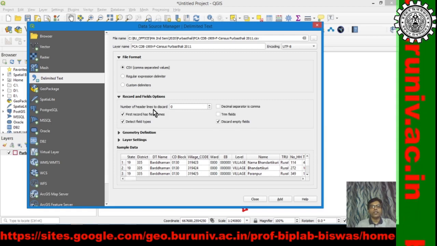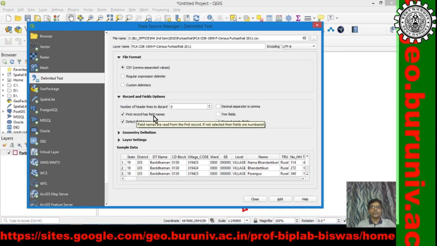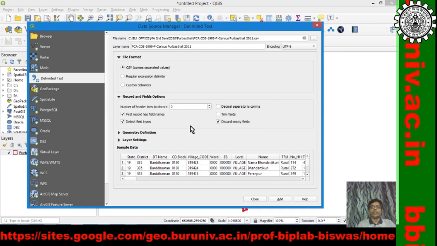If there are any extra lines on the data table, we may like to discard them here, but in our original data we did not have any extra lines, so we require nothing to be discarded. First record has field names, yes it is. Detect field types, yes it will detect. Discard empty fields, if there is any empty field, that will be discarded. Trim fields, if you need to reduce the field name, that is trim, forget about it. And okay.